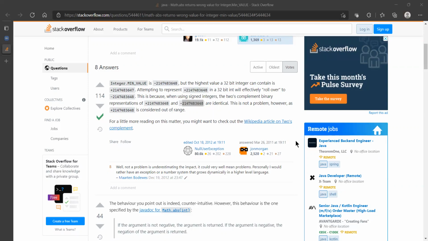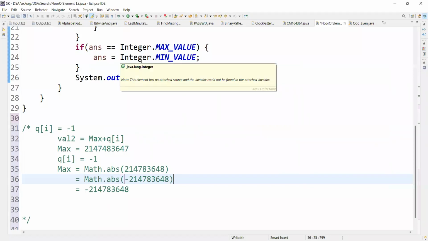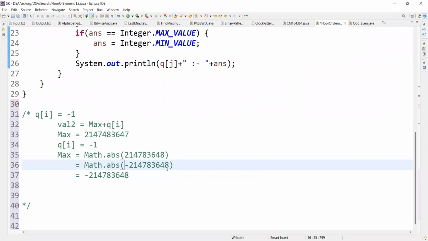Now, coming to the part where we were discussing why -2 and the remaining negative values are working out well. Because -1 is giving the wrong value, we understand. But why are the other values not giving us the wrong answer? The reason is that only this particular number is the identical of this negative number, right? Other than that, if I try to add 2 to this number, it will change it to some other value,